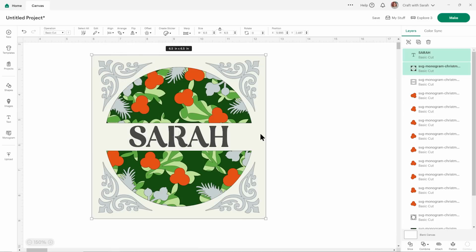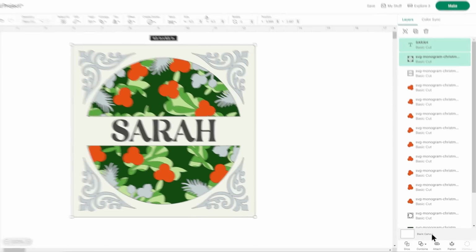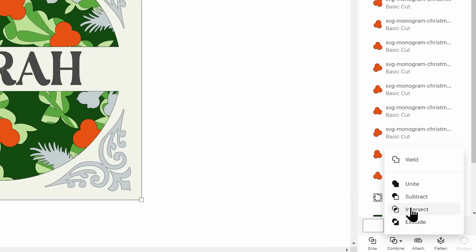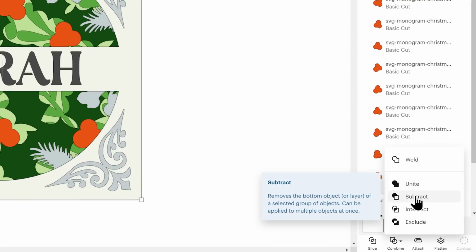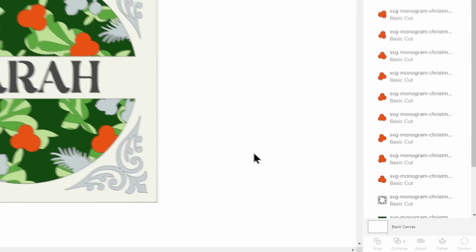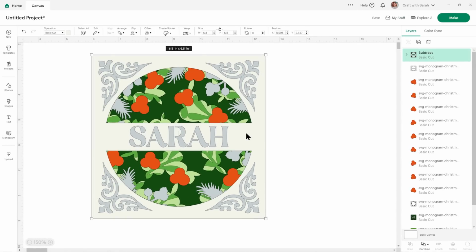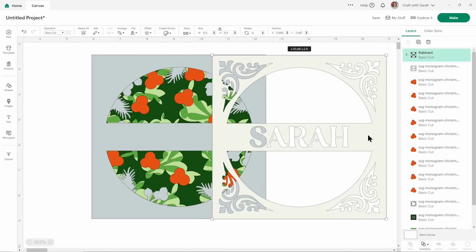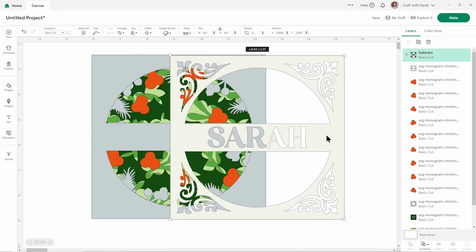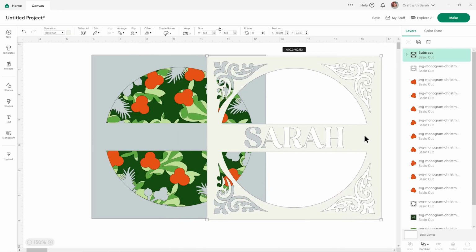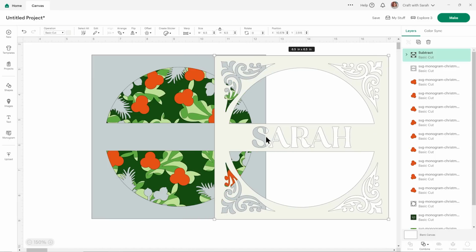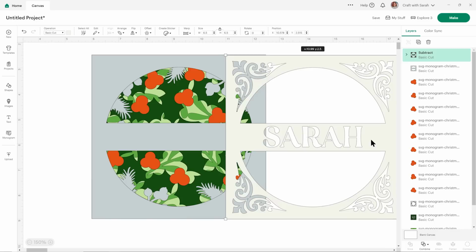And then with both of those layers still selected, go right down the bottom of the layers panel, press Combine and then Subtract. That's going to take your name out of this creamy off-white section. So you see it's now gone kind of grey colour. That's because the layer underneath is grey. If I drag it off to the side, you can see as I move it, it shows the white of my canvas through. And this is now showing that it's going to cut the letters out of that stripe.